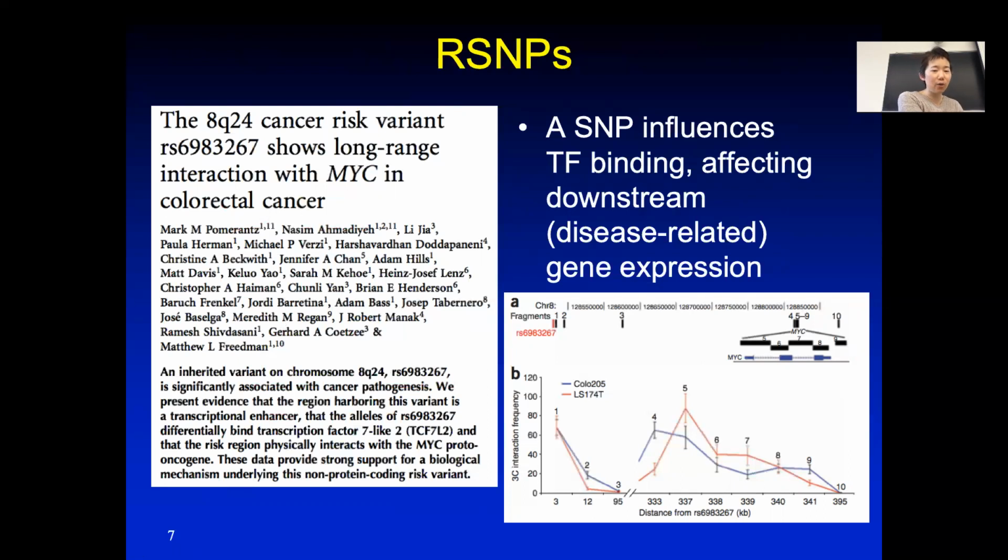And indeed they found, oh, there is a ChIP-seq peak in this particular SNP location. And they asked, okay, then what are the nearby genes? And when they kept looking further and further, they found, oh, the nearby gene might be MYC. Okay, and so in order to really show that this is related to MYC, this group did a chromatin conformation